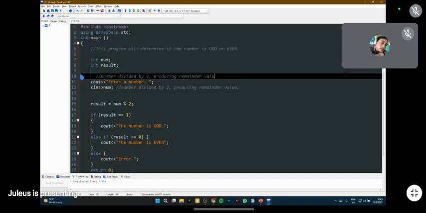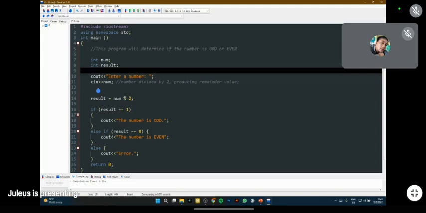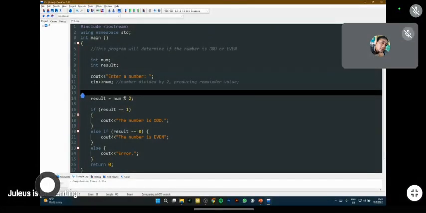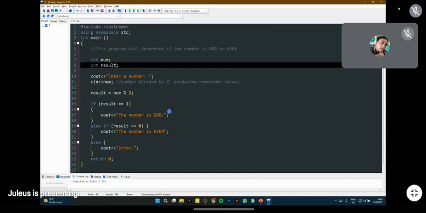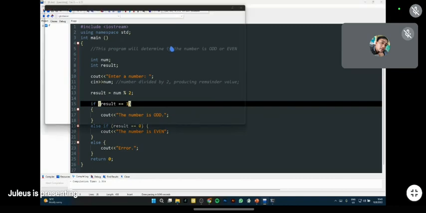So earlier what happened is that it proceeded to the computation even though we had not entered the number yet. So we need to enter the number first before we proceed with setting up a value for our integer result. Alright. So let's try again. Let's save that, compile and run. And this time let's try using huge numbers.